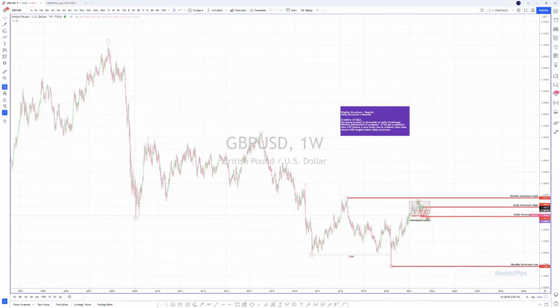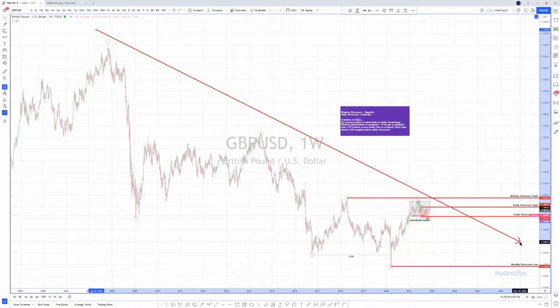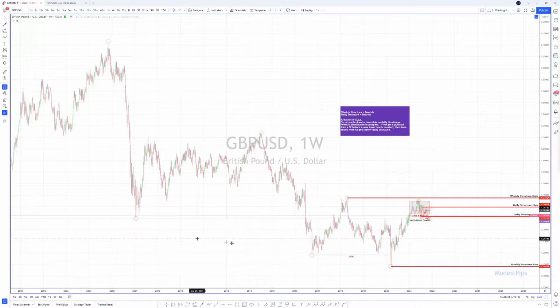I'm here to give you a quick take on what I'm seeing on GU and how I plan to execute trades in the coming weeks. So if we start on the weekly time frame, it doesn't take a genius to see that the price is trending to the downside. If I draw a trend line, you clearly see that the price is gradually going lower and lower. But what may be a little less clear is how the price is creating a bear structure to the